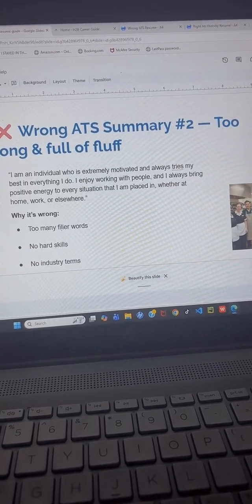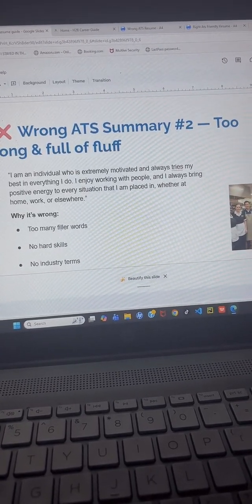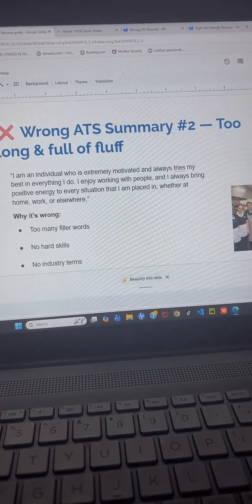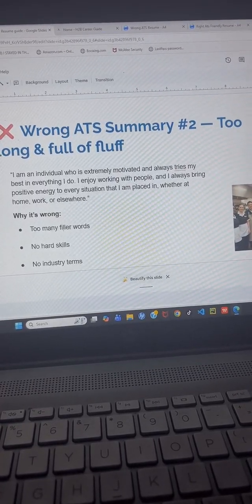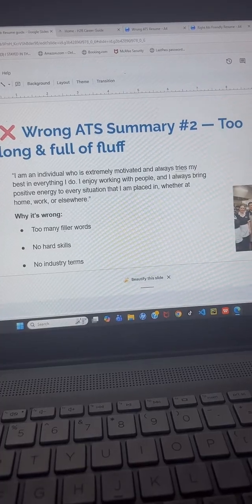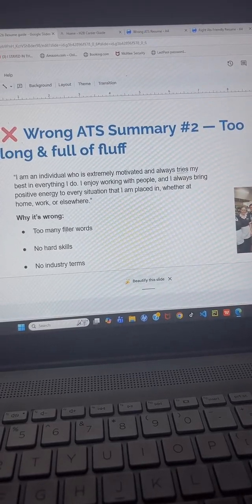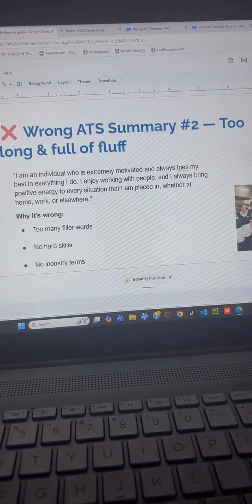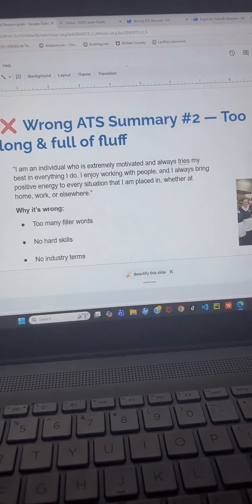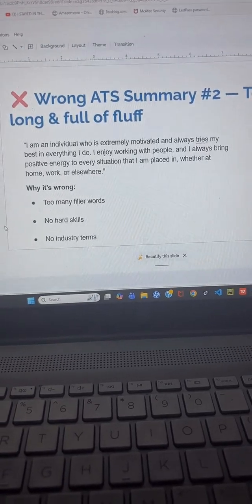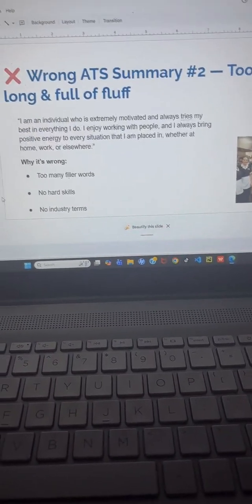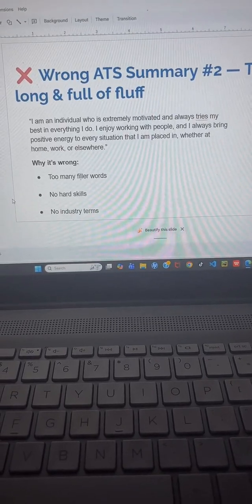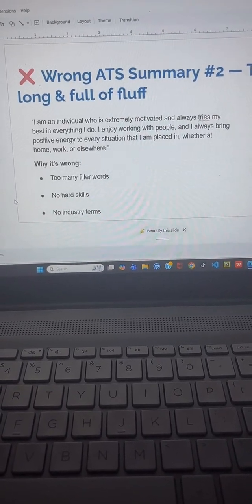So ensure that you're putting skills and using industry terms and so forth. So this is the wrong way of doing the professional summary of your resume.